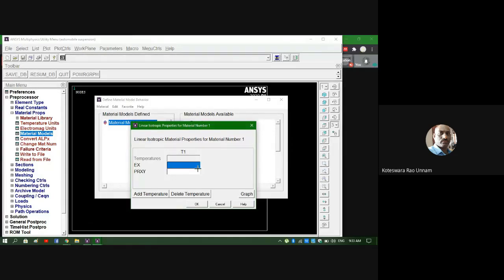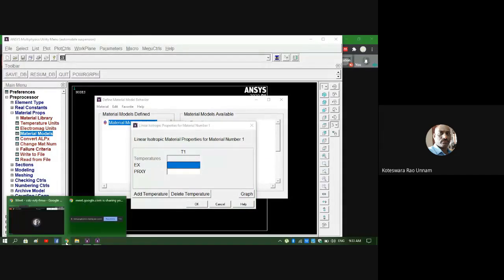Therefore, like I mentioned in the previous class, your unit should always be consistent. If the load is in kilonewtons, Young's modulus also I need to give in kilonewton per meter square. Length unit again we are taking as meter.